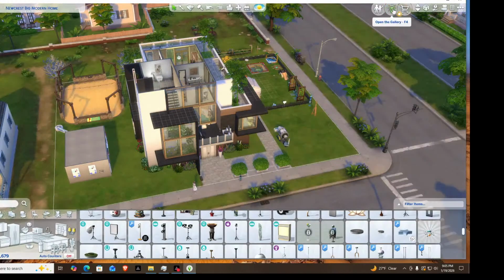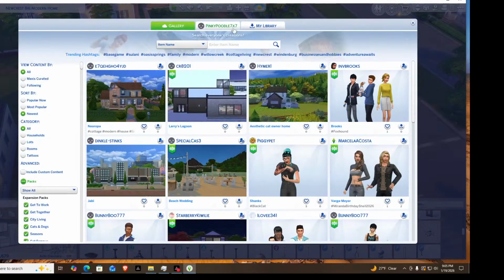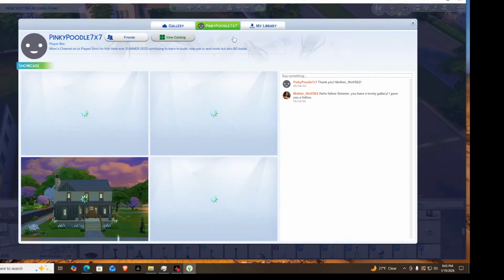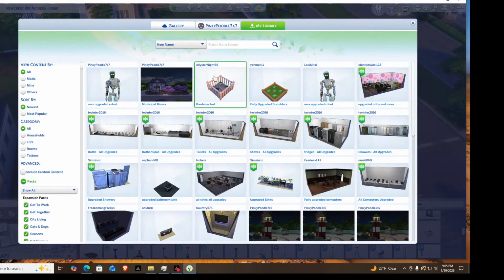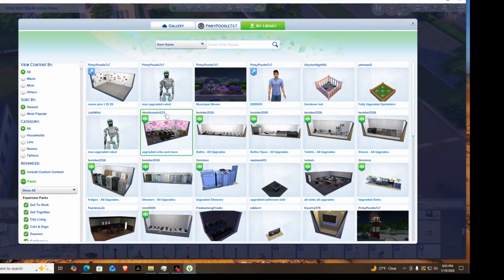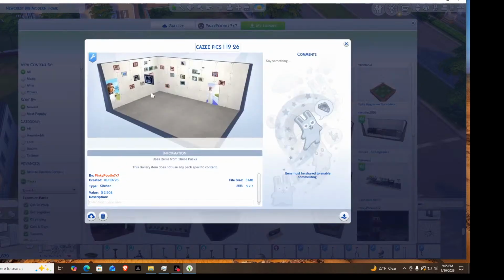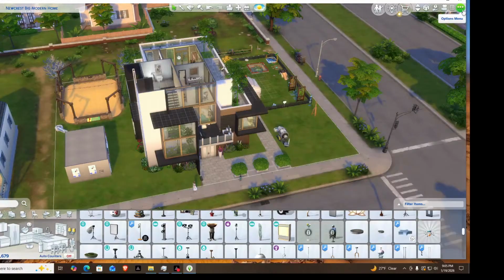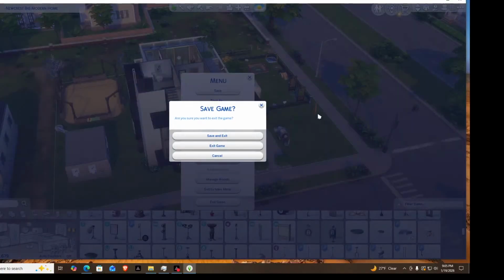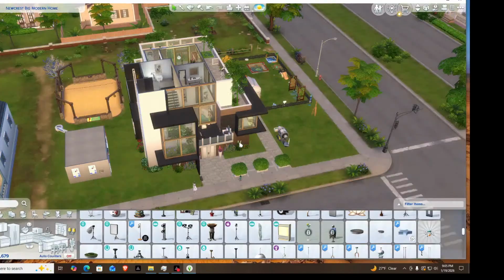Okay, let me go into my gallery. Make sure it actually saved. Okay, go to my library. It's not there, guys. Okay, go include in custom content. There it is. Okay. Alright. Now I can leave without saving. Have to leave without saving, because otherwise I'll have to sit there and put all that stuff back, and I ain't trying to do all that. Okay, so now I know which file to go into to,